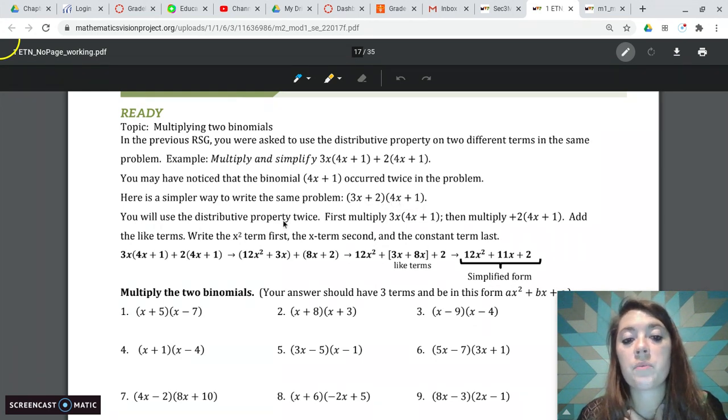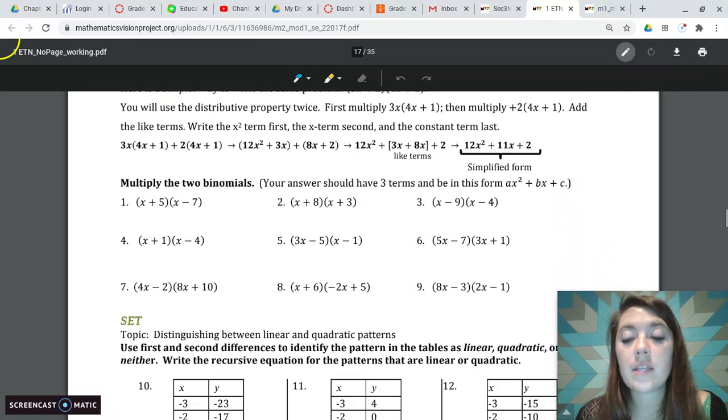You will use the distributive property twice. First, multiply 3x times the quantity 4x plus 1, then multiply positive 2 times the quantity 4x plus 1. Add like terms, write the x squared term first, the x term second, and the constant term last. So this is an example of how you can go about doing this using the distributive property twice. I am also going to show you how to use FOIL,